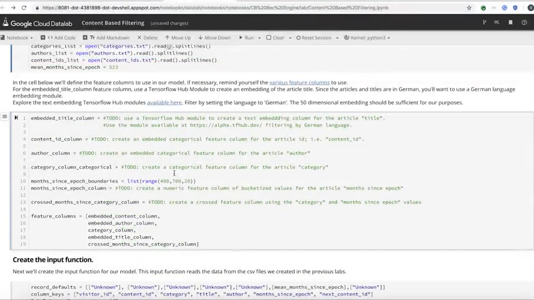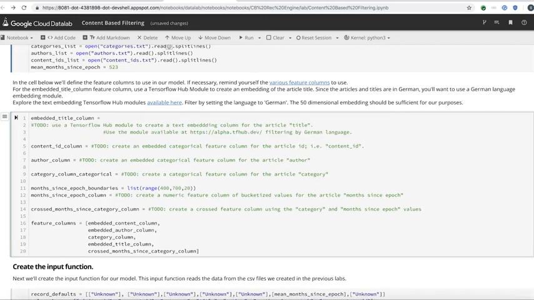Okay, so in this cell, we come to our first batch of to-dos. What we want to do here is create all the feature columns that we're going to be using for our model. Let's look at the first one. The first feature column we're asked to create is an embedding column for the title. And what we want to do is use the TensorFlow Hub module to create a text embedding for the article